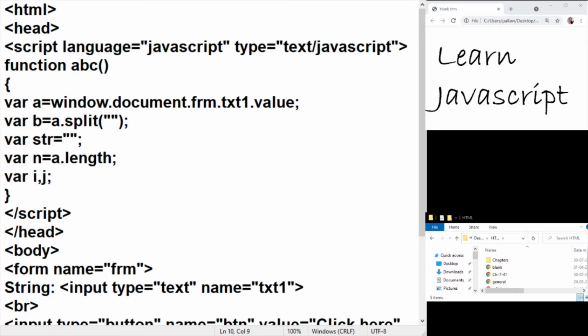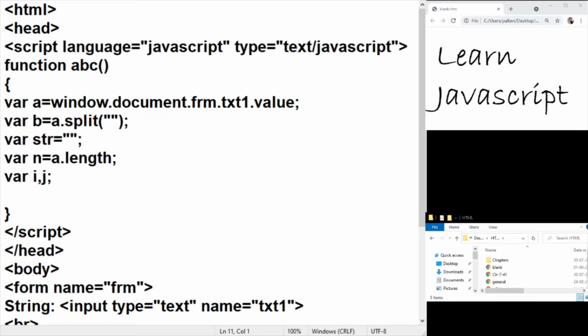Now here I'm going to use two loops. The outer loop is going to look at one position, and the second loop is going to look at all the characters from the next character to that fixed position till the end of the string. So anything which is smaller than the current fixed position will be interchanged. Well, this is the same logic of swapping the characters or numbers when you are sorting.